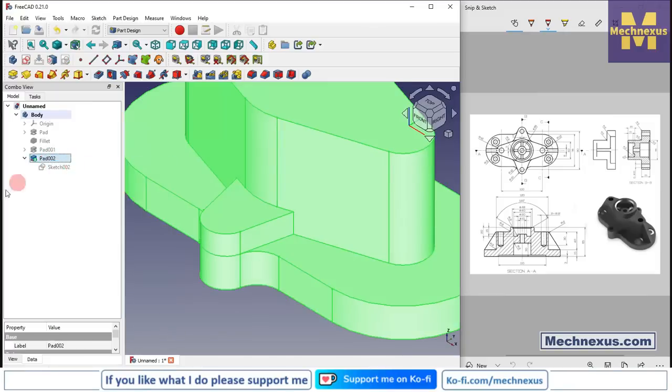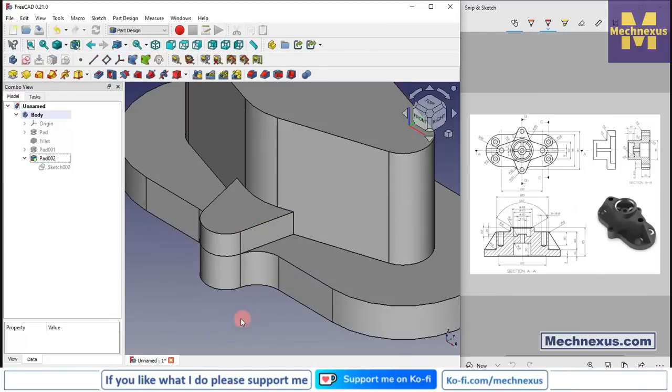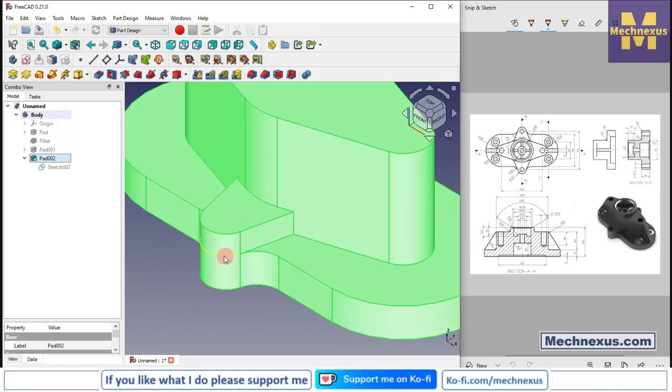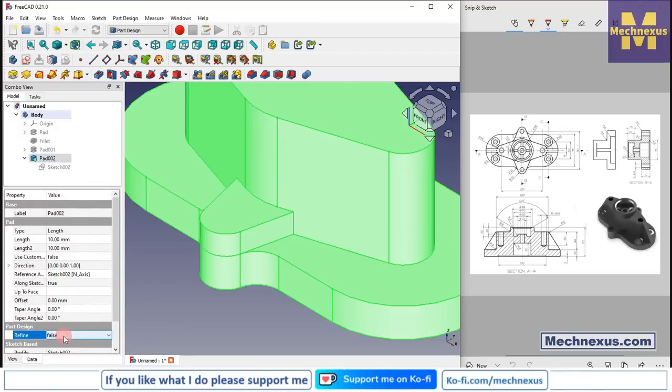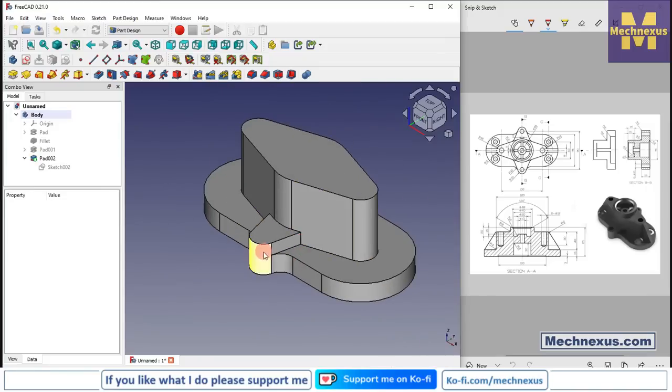and go to the pad, and the extrusion is of 10 mm, but here we are seeing two separate solids, and we will refine the shape and remove this line. So we will select the pad 2 feature, and here refine is false, set it true, click on OK. And now we will mirror this on the other side,